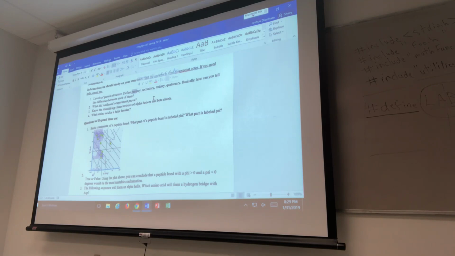When an amino acid sequence folds and wraps around itself slowly, it first becomes a secondary protein structure. For this class, there's only two types of secondary protein structure you need to know: alpha helices and beta sheets. Of those, there's a couple slides in there that lists identifying properties of these things. For example, and I might not remember all of them, so you got to go look in the notes for this. Alpha helices are right-handed helices, meaning they